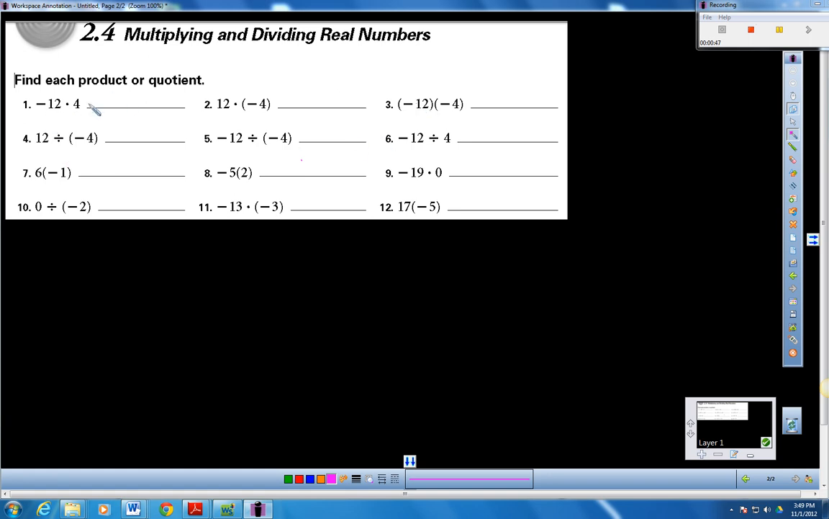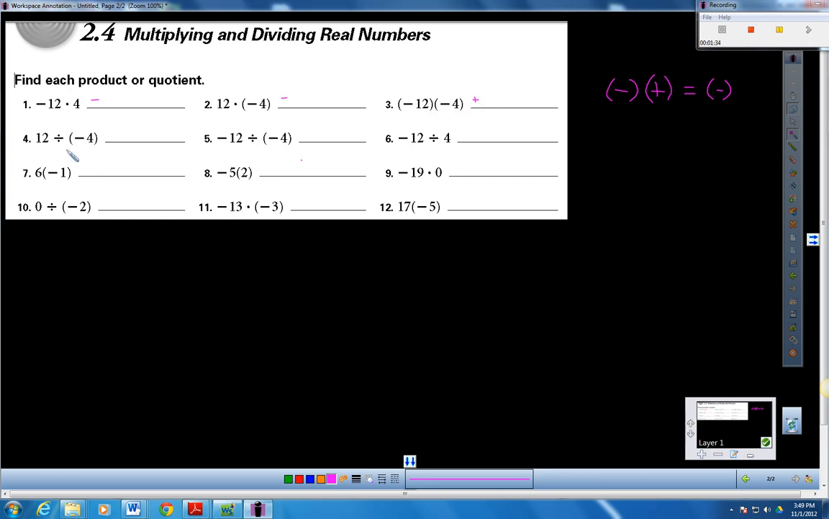I know that for numbers 1, 2, and 3, any time that I multiply a negative times a positive, or vice versa, a positive times a negative, because of the commutative property of mathematics, my result is going to be a negative. I can automatically go up here and say that 1 is going to be a negative, 2 is going to be a negative, 3 is going to be a positive, because I'm multiplying two negatives